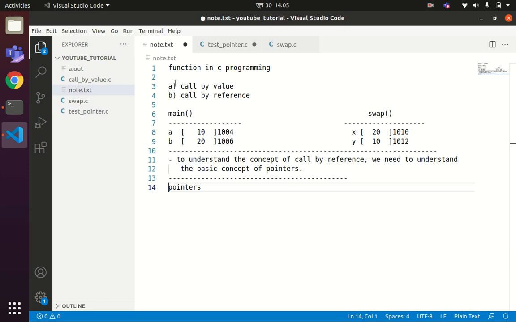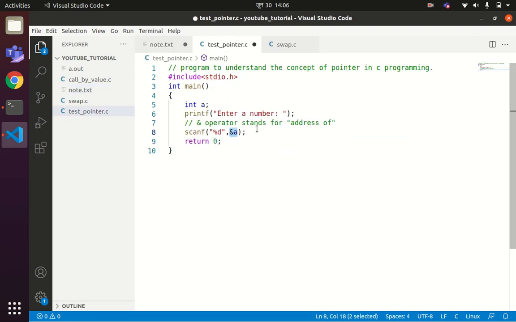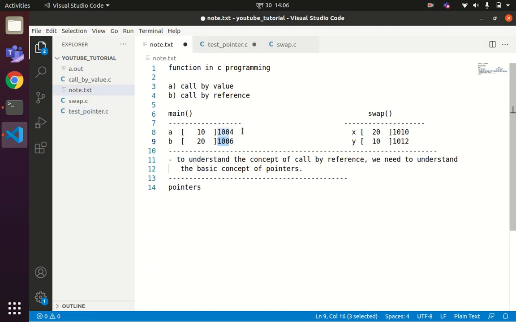You can see here, when you declare a variable, memory is reserved for that variable, and that reserved memory location will have an address. So this address, or this address, or any of these addresses is returned by the operator ampersand. So if you want to get the address of any variable, you can use the operator ampersand. So ampersand stands for address of. What is the address of a? In this case the address of a is 1004.